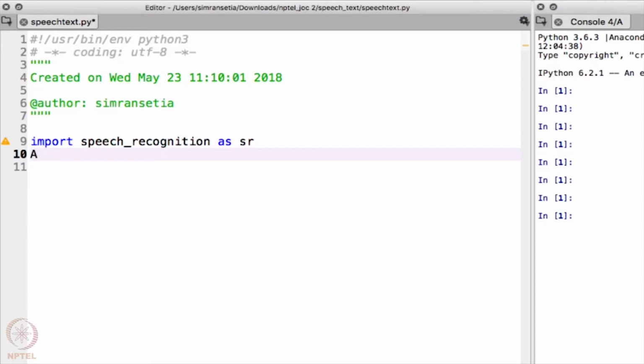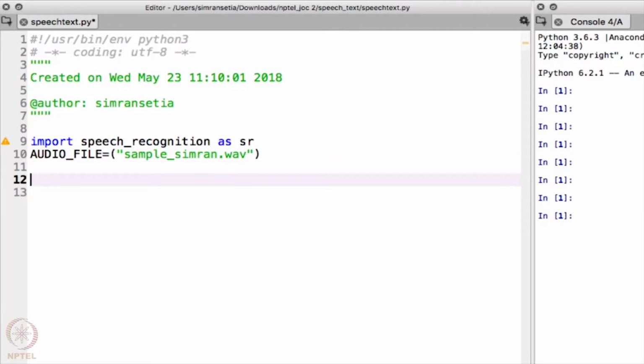So first of all, I'll create a variable named audio_file that I'll assign to my audio file. So my audio file is sample_simran.wav. Please note the fact speech recognition only recognizes .wav files. So you have to convert your audio file to .wav.